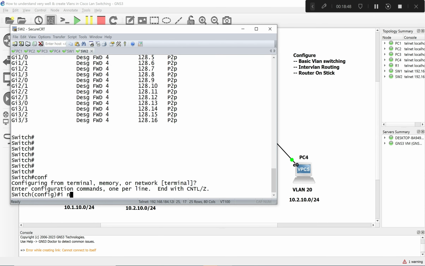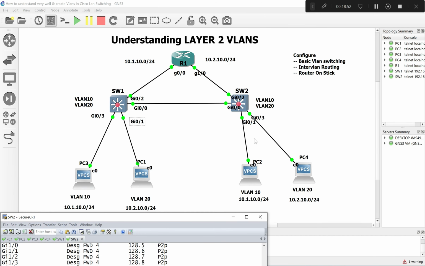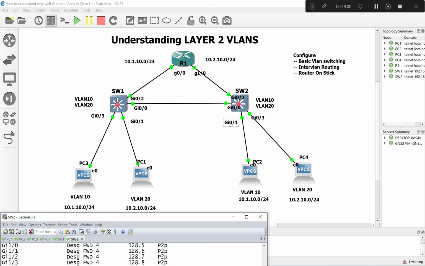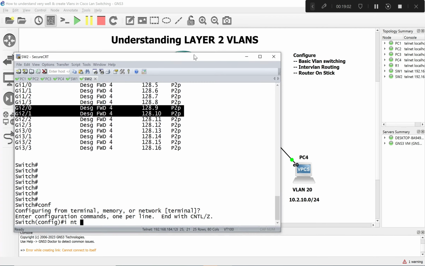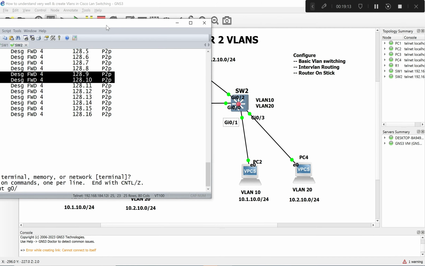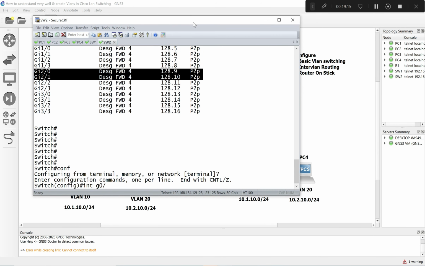To switch 2, I say interface. Let me just check in the interface that it is part of. I say Geo1, and this is Geo3. Okay. If I say interface gigabyte 0/1 on the switch 2,